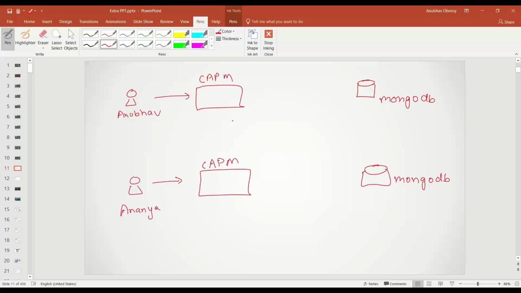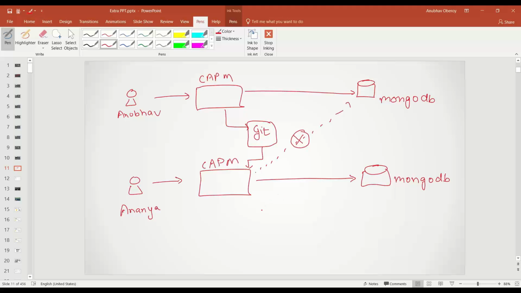So right now, as you know, in our previous episode we have hard coded the MongoDB URL. Anubhav has hard coded it, which means if I put this code into Git, and when Ananya takes this code from Git, she will eventually get the same URL in her CAPM, and then she will always try to connect to the DB instance which was created by Anubhav. We don't want that to happen. We want to stop it. We want Ananya to create her own MongoDB instance and stay safe during development so that she can comfortably develop without changing Anubhav's data.